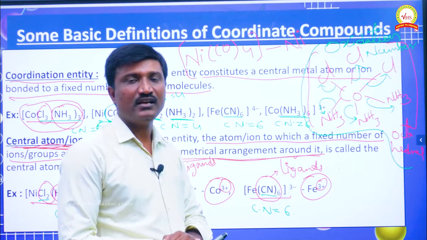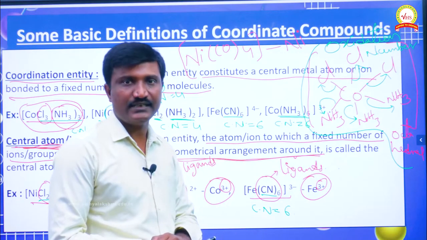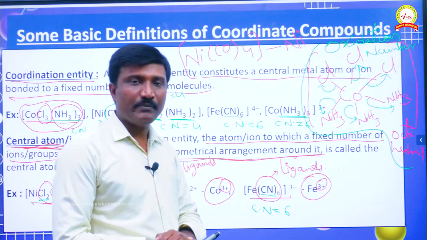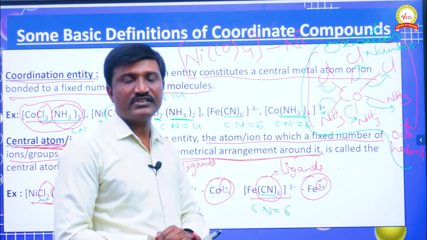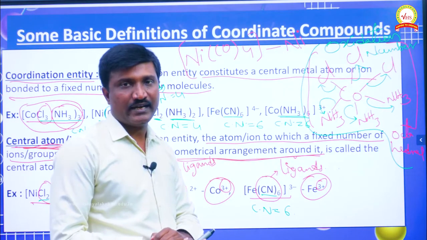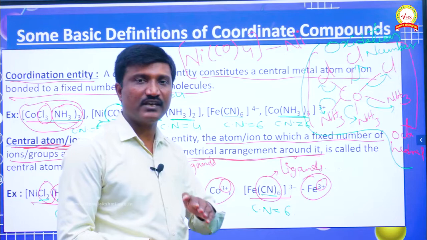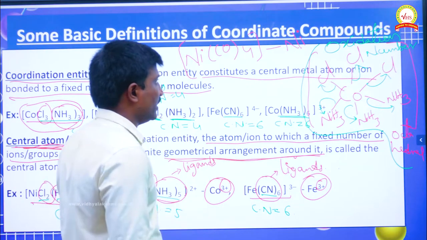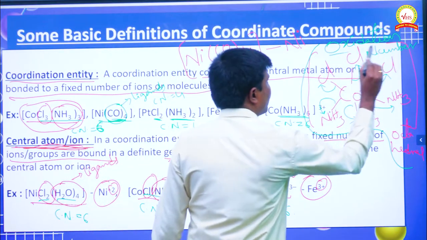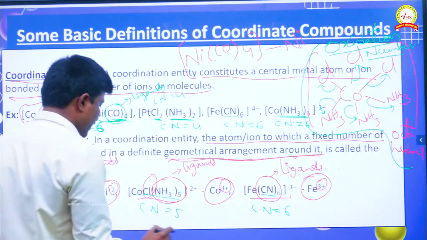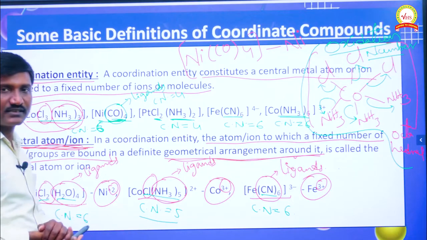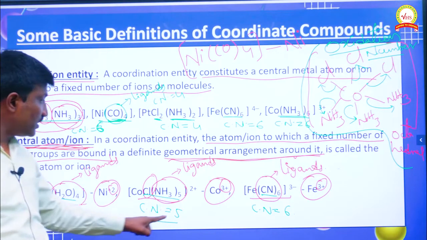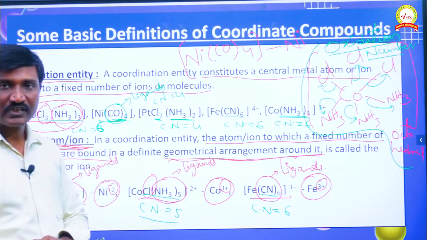Oxidation number for any metal is a constant, but that depends on which type of ligands are going to bind: negative ligands, positive ligands or neutral ligands. So here we discussed what oxidation number is and what coordination number is. Depending on the coordination number,